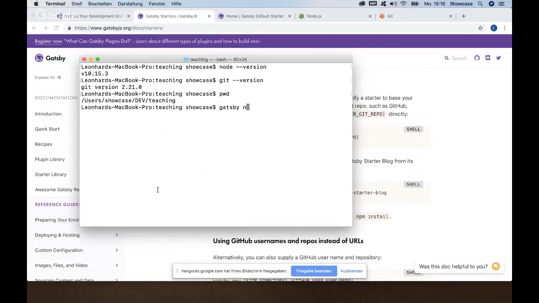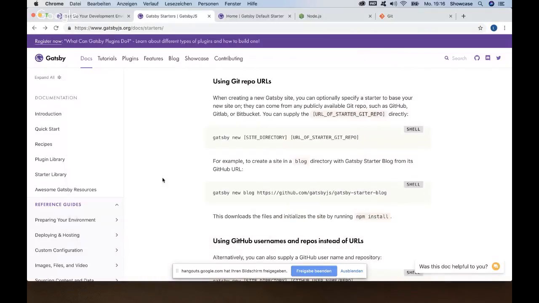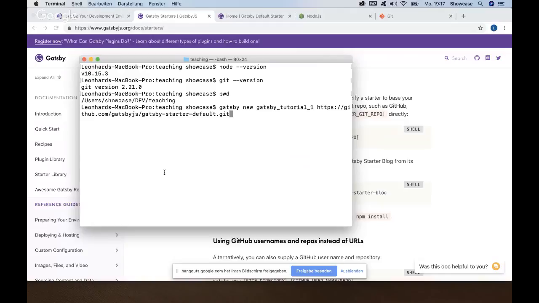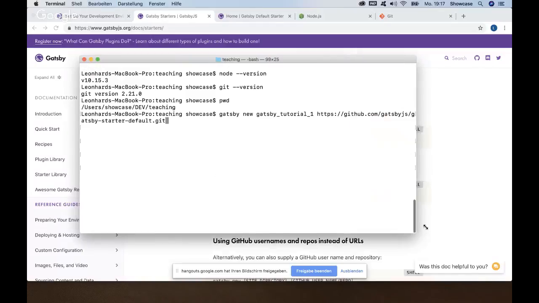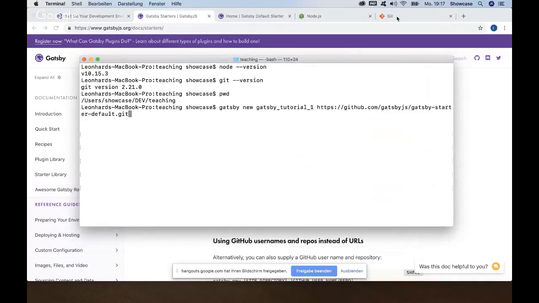Gatsby new. Then now we decide the name of the project. This is tutorial 1, Gatsby tutorial 1. And now the address of the starter Git repository, where I was copying the link from the Git repository. And if you press enter, Gatsby should